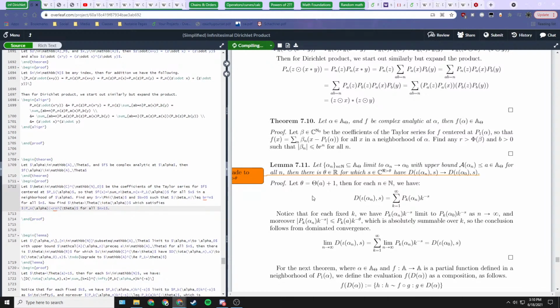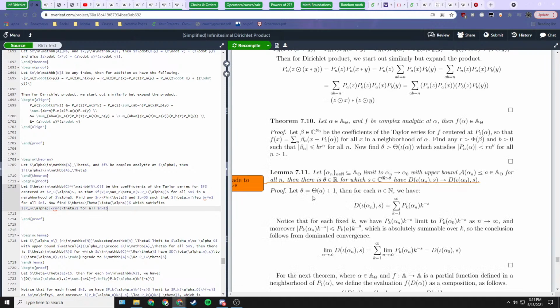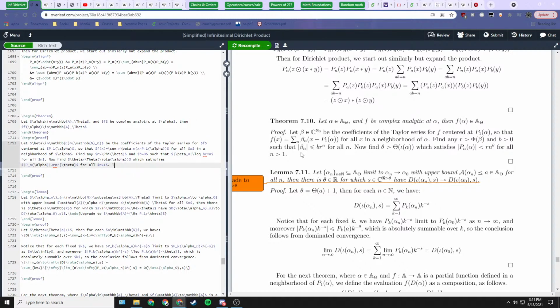So this is really particular. We're saying we want to find a theta which makes it so that p sub n of alpha is less than just r times n to the power theta. Remember, r is this radius greater than capital phi beta. So this is possible since